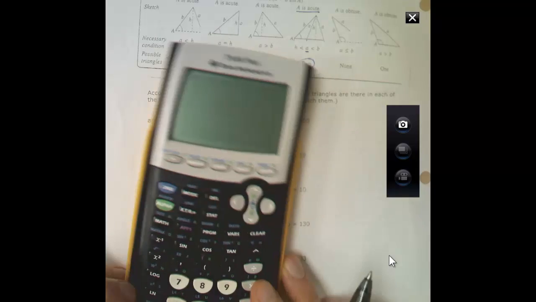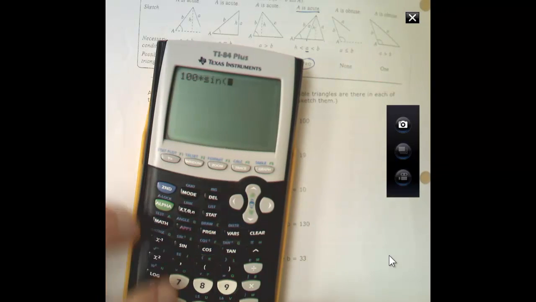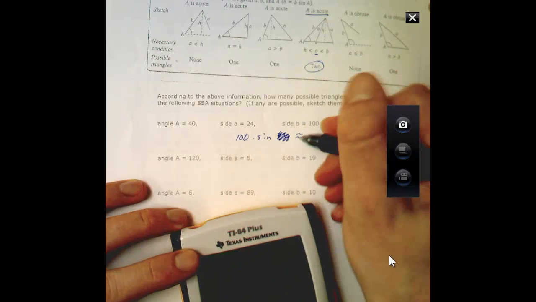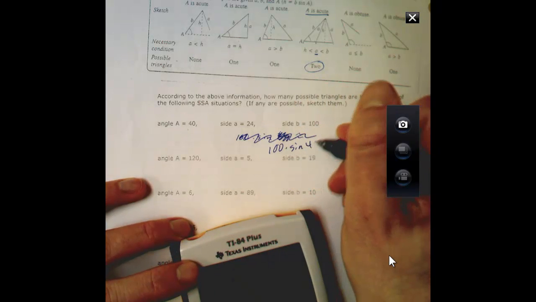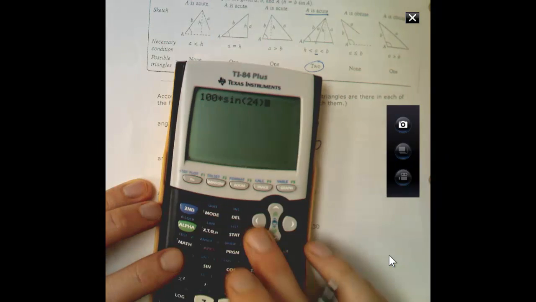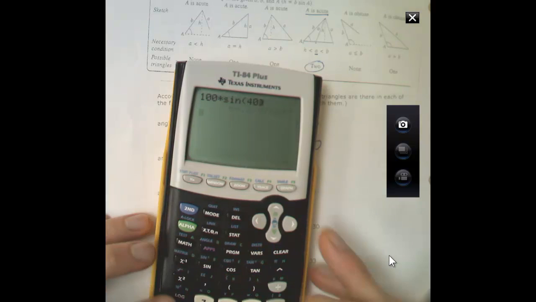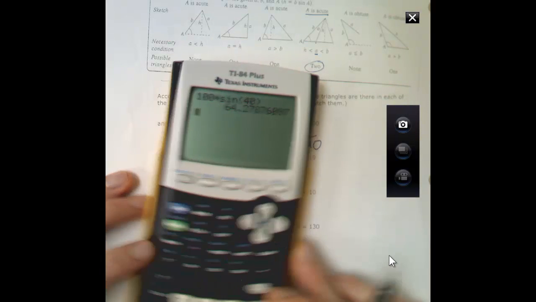And I had a calculator a second ago here. I'm going to pause this. Okay, we're back. So we've got 100 times the sine of 24. No, what is it? 40. Oh, I screwed this up. Okay, 100 times the sine of 40. There we go. 40 was the angle measure. 64.3,